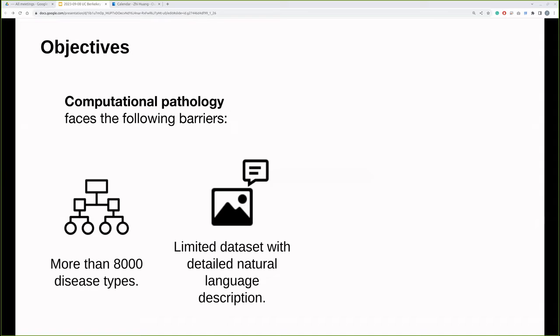This data limitation is very important when we consider there are more than 8,000 diseases, right? There are many tissue types, organ types, and many tumor types and tumor subtypes. So there are so many different types of differential diagnosis, potential disease types. And their pathologic classification is constantly evolving. And at the same time,